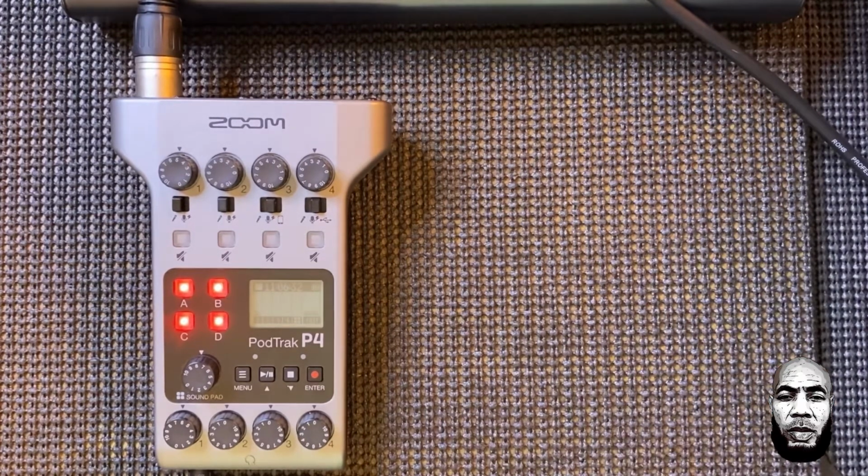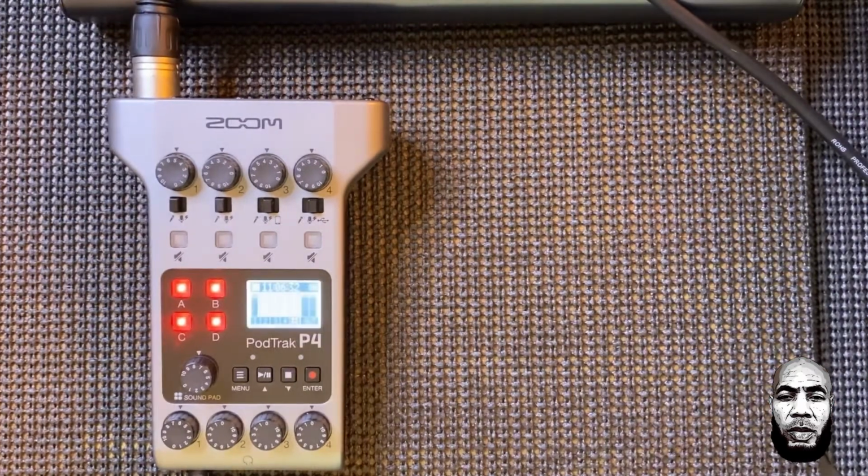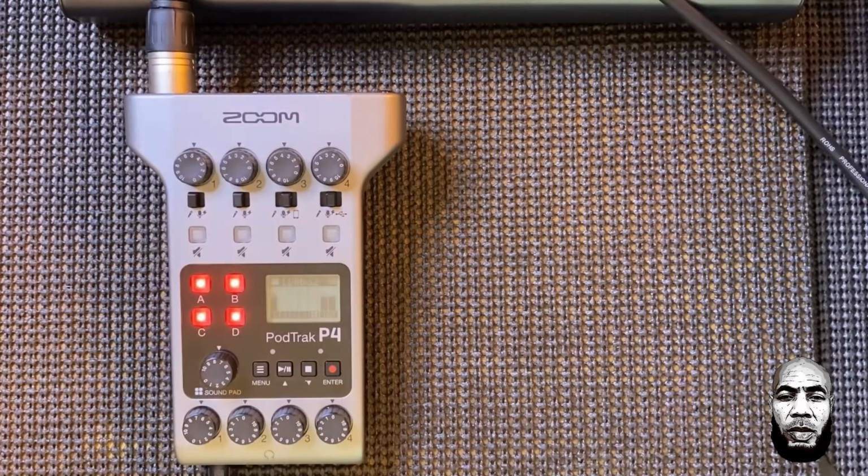you'll hear the difference. Okay, so this is the supreme sound going into the iPhone 11 Pro via the Zoom PodTrak 4. And basically the microphone that I'm using going into the PodTrak 4 is a digital reference DRV100 digital reference. So this is simply how you achieve supreme sound going into the iPhone 11 Pro using the